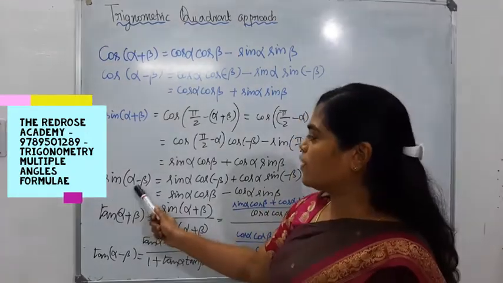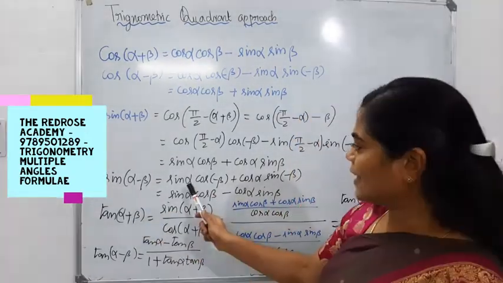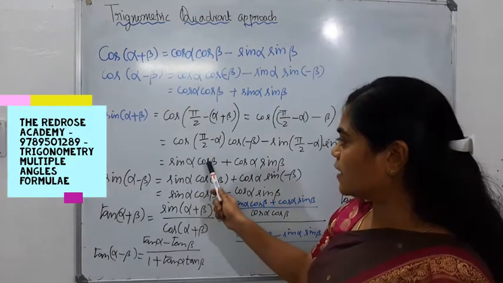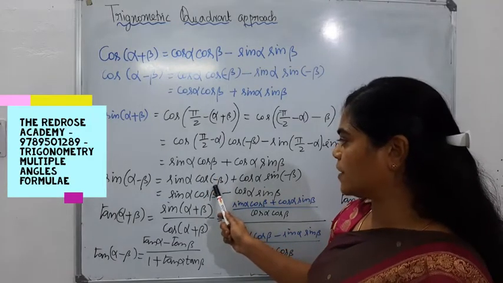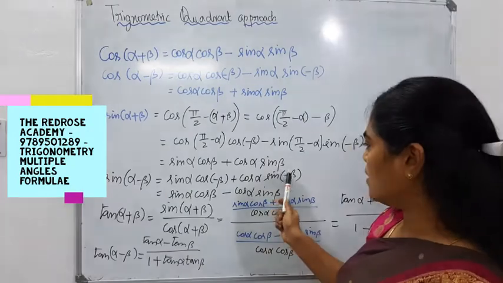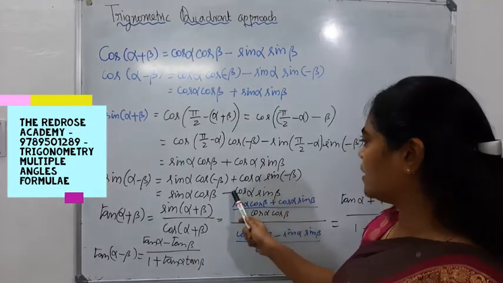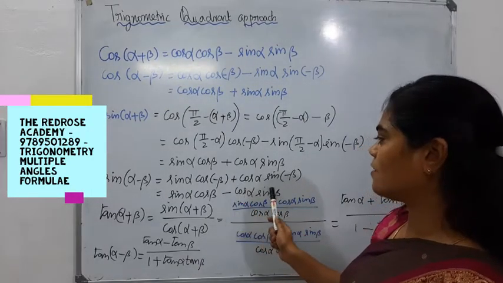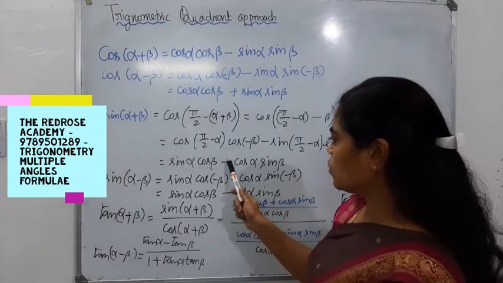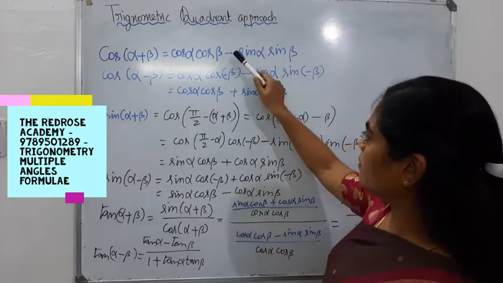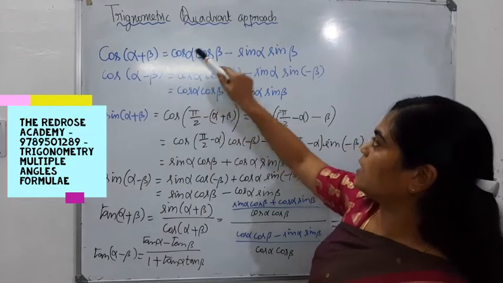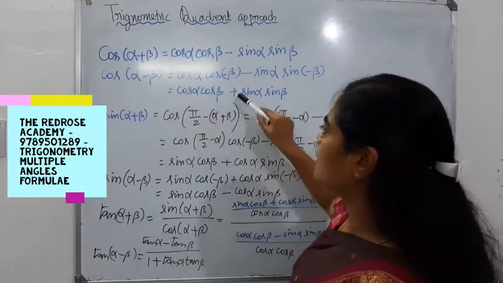What is sin alpha minus beta now? Sin alpha, then instead of plus cos beta it is minus cos beta. Same way, plus cos alpha, and this is minus sin beta, so it will become minus cos alpha sin beta. Okay, so this is plus minus, here minus and plus. For alpha plus beta it will be minus, and for alpha minus beta it will be plus.